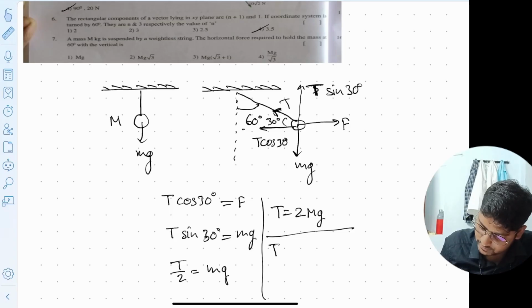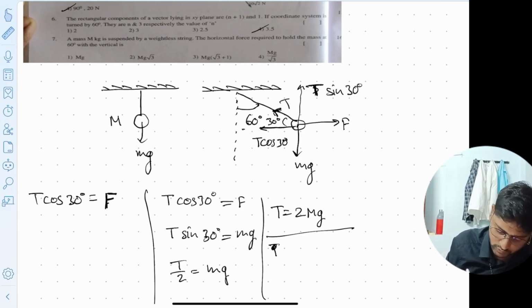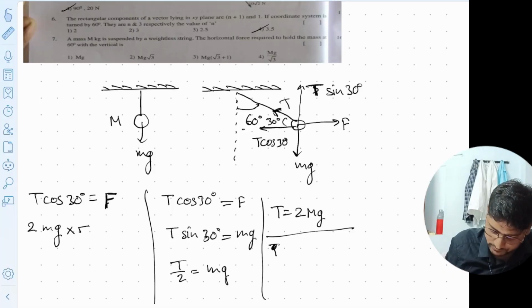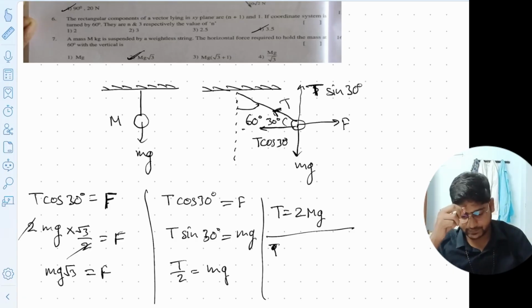Our force will be equal to T cos 30, and we have to find the value of this force. So T equals 2 mg, we can put 2 mg into cos 30, root 3 by 2, equals force, and the 2 cancels, means mg root 3 equals force. Mg root 3 equals force, option number 2. Okay,